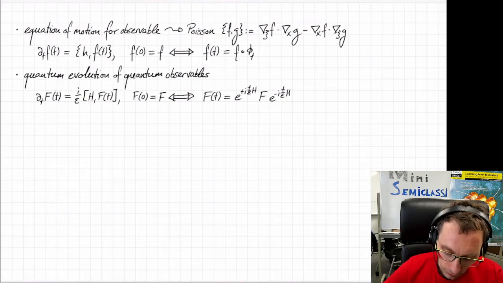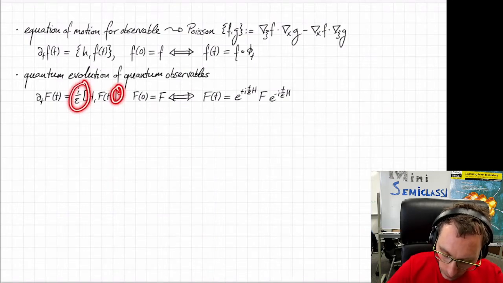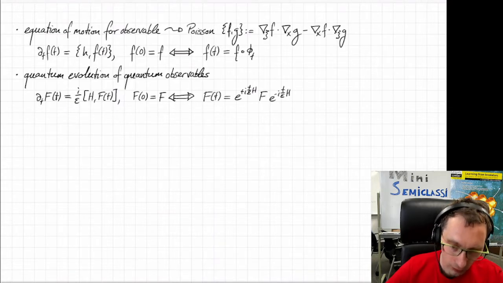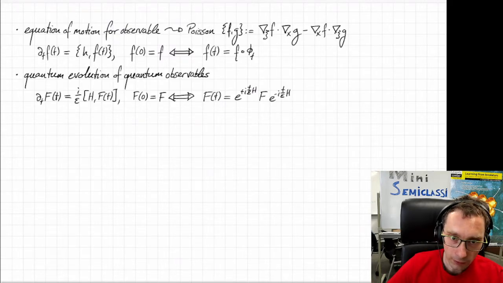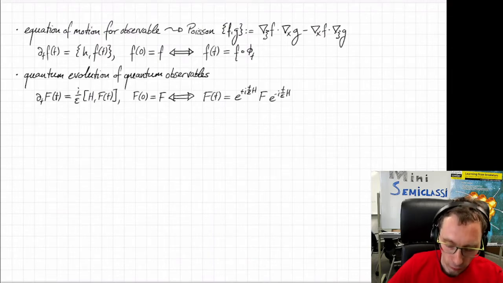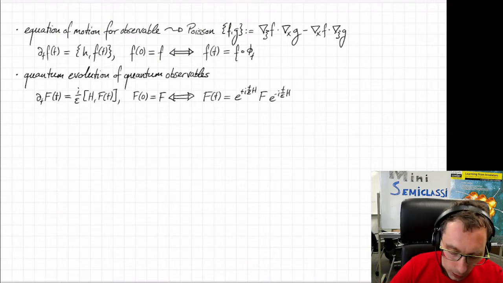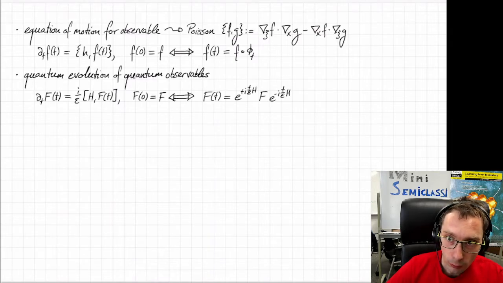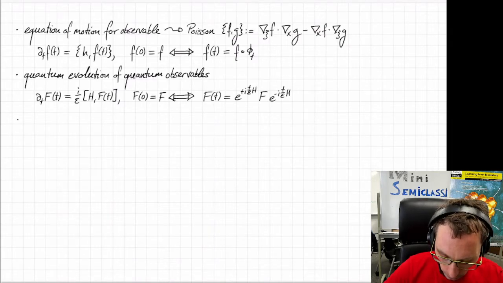This is very easy to understand, and you see that conceptually speaking, the Poisson bracket and i divided by epsilon times the commutator play the same role, and this will become even more explicit in the pseudo proof that I'm going to give next. So now what we would like to do is compare